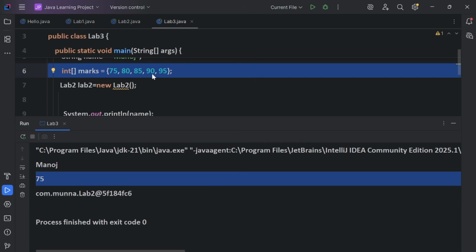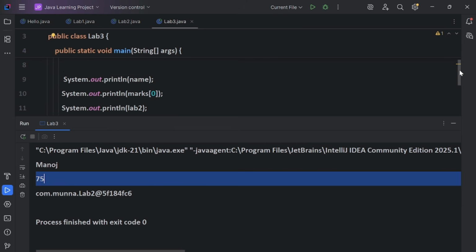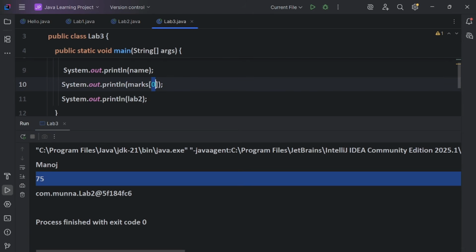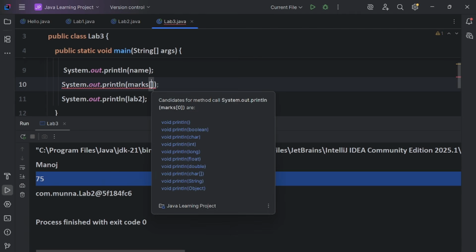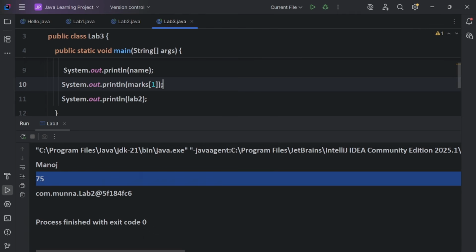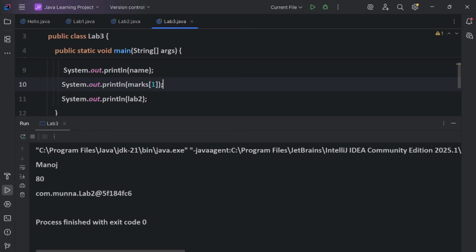This marks is a list of marks, or array of marks. So it is printing based on the index. We are giving the index, based on the index it will print. So 0 it is printing, and if we give the index, suppose 1 here, it starts from 0, so 1 will print 80 here, guys.